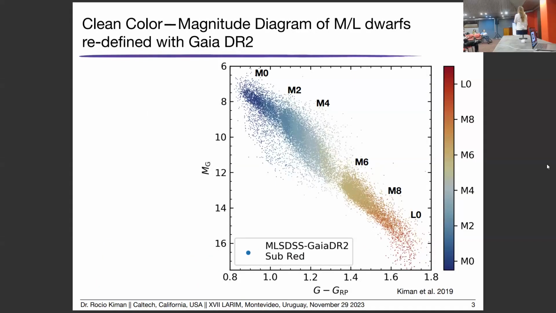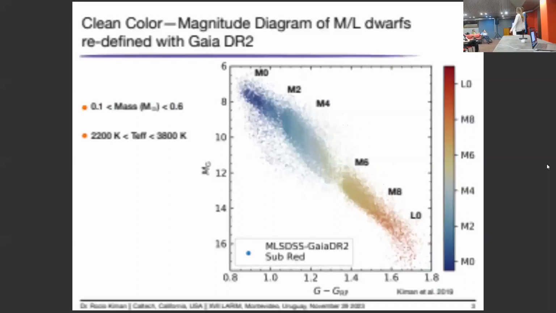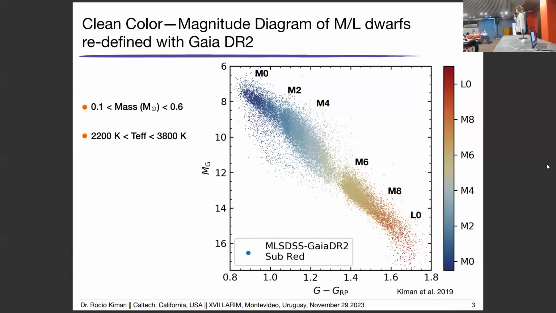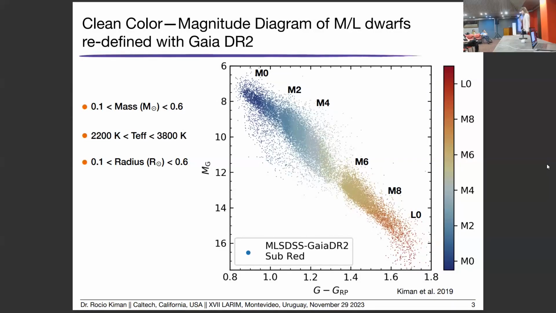So let's put it in context. The M dwarfs with this color magnitude diagram from Gaia DR2. This is a Sloan Digital Sky Survey sample. They all have spectra. That's why they are color coded by spectral type. And they have the G minus RP color on the x-axis, and the absolute magnitude on the y-axis. So just so we all agree what I mean by M dwarf, we are talking about stars of masses between 0.1 and 0.6 solar masses, effective temperatures between 2200 and 3800 Kelvin, radius between 0.1 and 0.6 solar radius, and